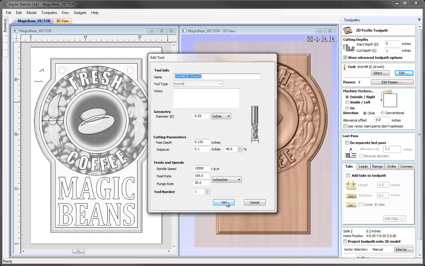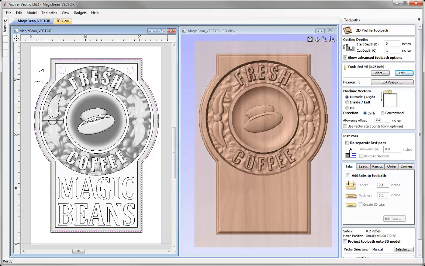I'm happy with these, so I'm just going to press OK. And then we move on to the machine vectors. In this case, I'd like to machine outside. Now, as we have vectors within our outer vector, the software automatically knows to cut outside of the outermost vector,